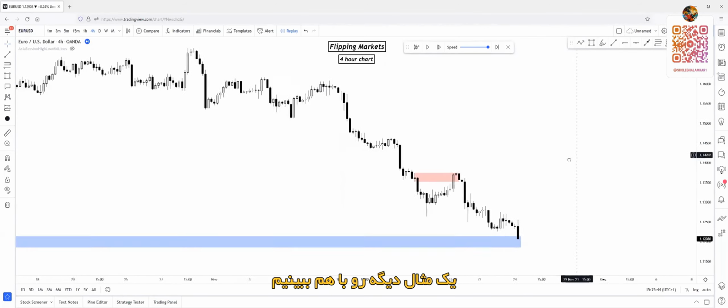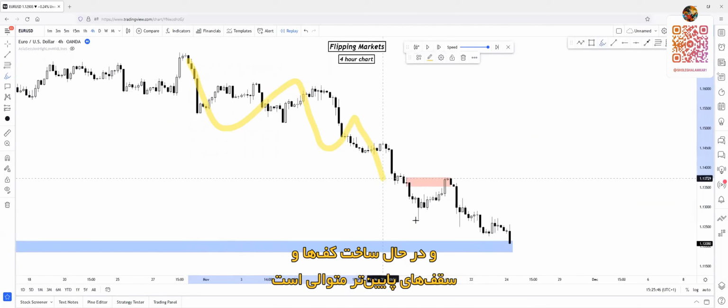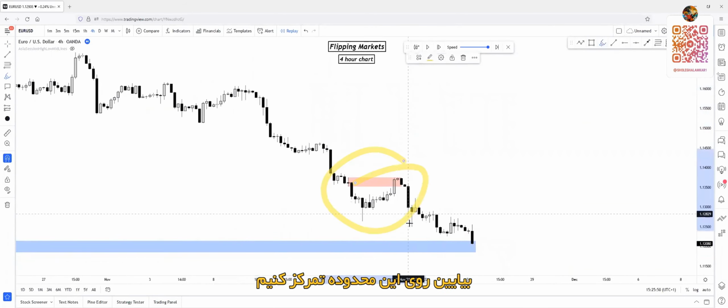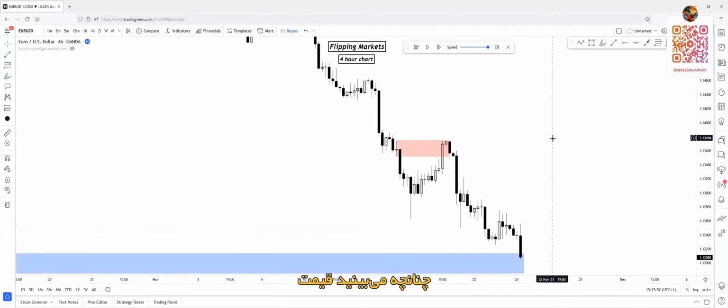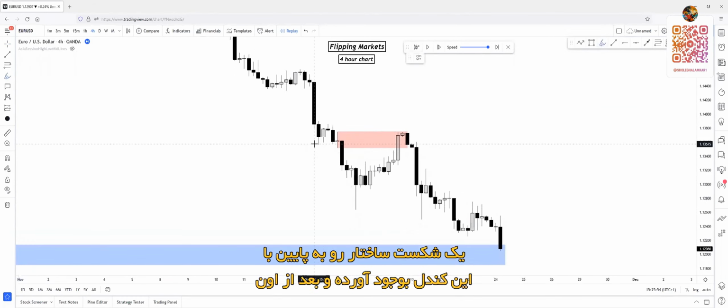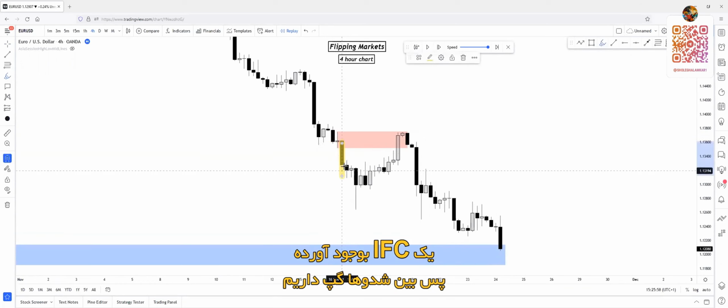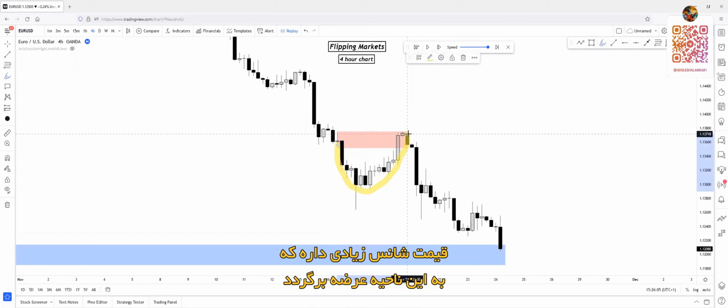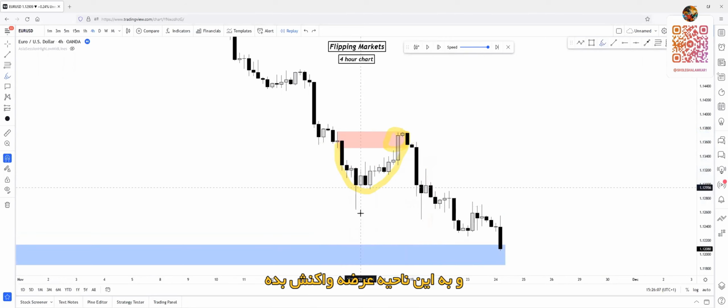So let's see the live example. As you can see, price is currently moving in a downtrend, creating a series of lower lows and lower highs. Let's focus on this region. As you can see, price created a break of structure to the downside with this candle. After that, it created inefficiency, so there's a gap between the wicks. This area needs to be filled. Price has a great chance to go back up to this supply zone, react on this supply zone, and continue